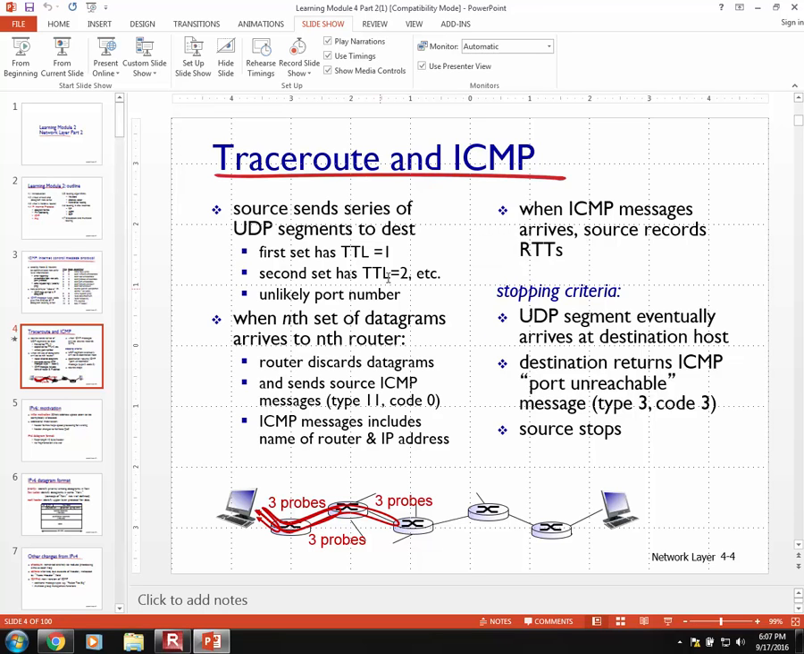So traceroute takes advantage of how these segments and packets work by sending these segments, each one with a greater time to live. So it's going to go further and further out on the network. For each UDP segment that it sends, the nth segment is going to arrive at the nth router. And every time the router receives one of these datagrams, unless of course for security reasons it's set up to not do so,